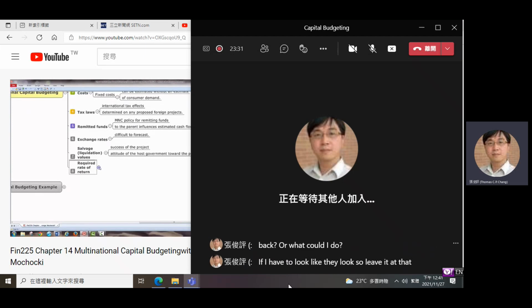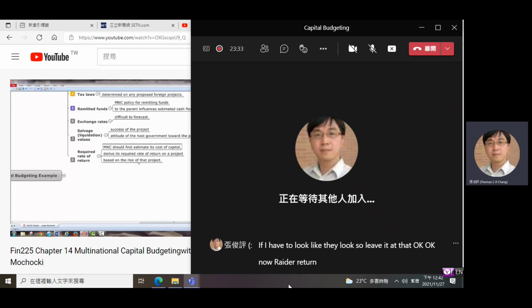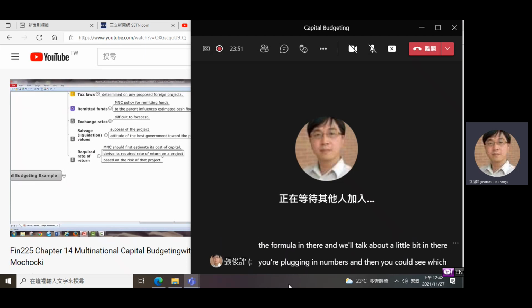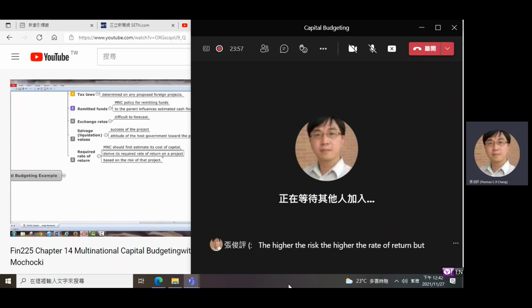Okay. Now rate of return. MNC should first estimate its cost of capital, then derive its rate of return on the project. So here's how much capital costs, and here's my rate of return on the project based on the risk of that project. There's a formula in there, and we'll talk about it a little bit. You plug in numbers, and then you can see which project has a higher rate of return depending on the risk. Remember, the higher the risk, the higher the rate of return,